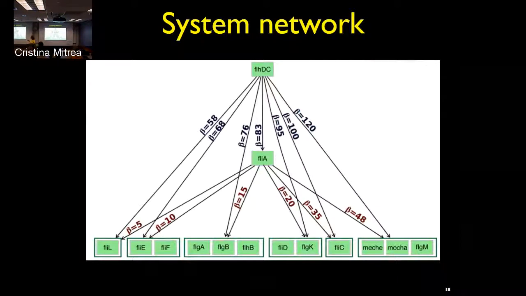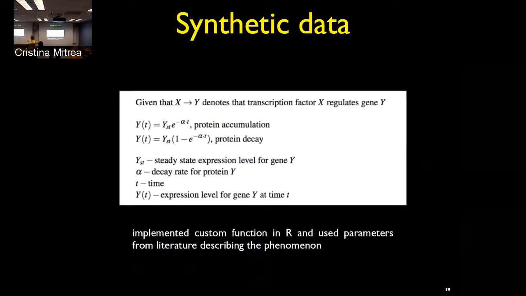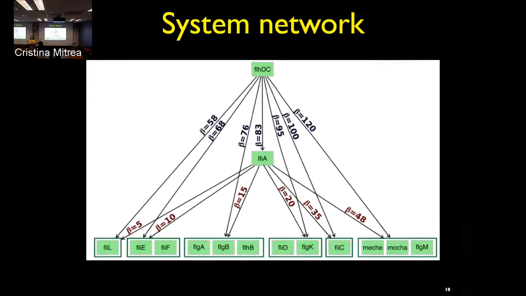This is the network from literature, and these are thresholds for when the gene expression of the next gene starts accumulating. When the next gene starts being expressed, the next group of genes starts being expressed. We have a master regulator. We have another regulator, and then we have 6 groups of genes that are being turned on by those regulators. So we chose a simple network so we can control how it behaves, and we can properly evaluate our method